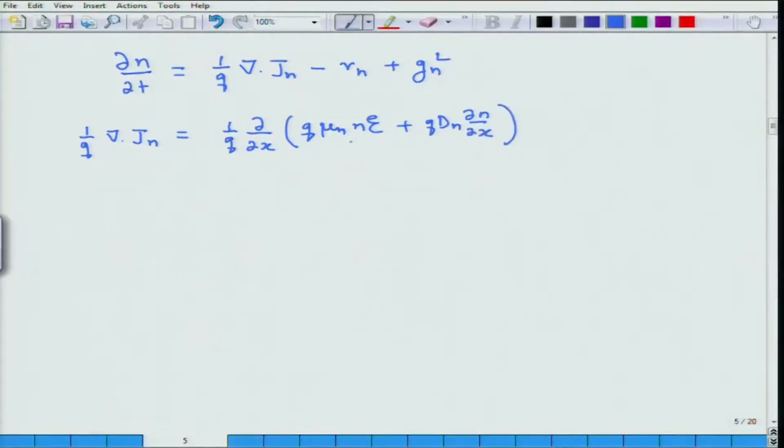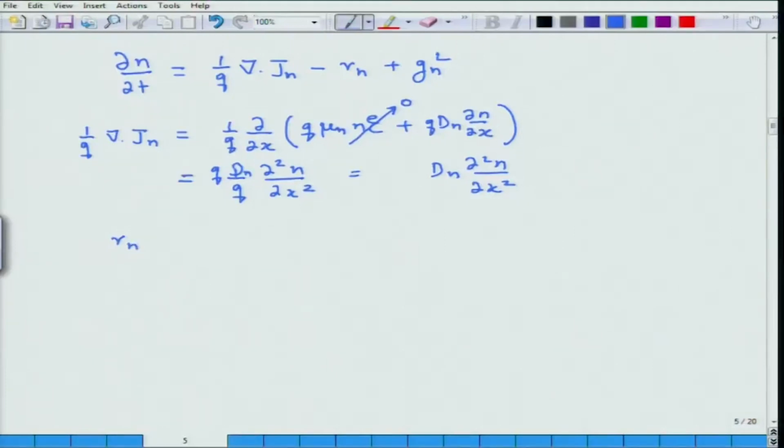Now, immediately you can see, since we have said that there is no electric field, this term is going to go to 0. So, we are going to simplify this, and q of d n will come out, which would give us q of d n. So, finally, the term will be d n, gradient of x square. If you look at the term r of n,